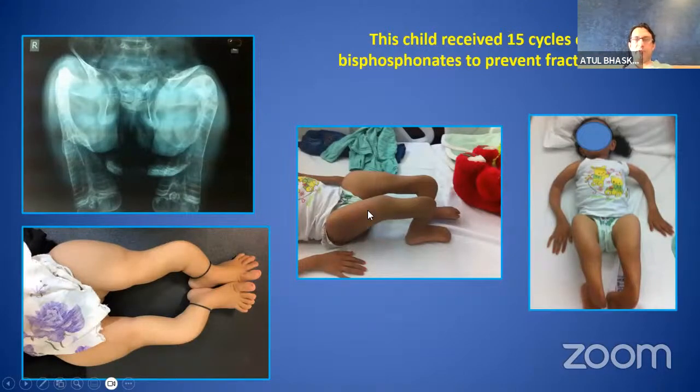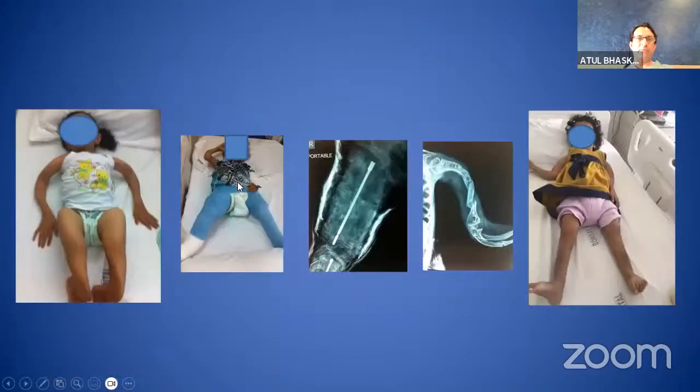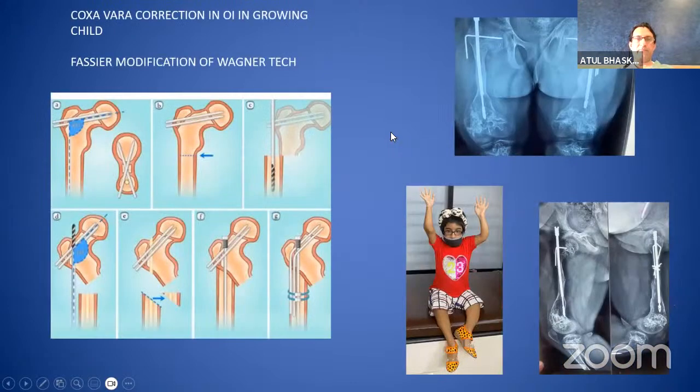These are cases which become extremely challenging, because this child had received 20 cycles of bisphosphonates, and the surgeon never decided to treat these children with rodding. I think that is a pity, because the more cycles you give, the more problems you cause. The bone becomes more brittle, and this bone was so brittle that when you put the rod in, it started to break. You can see here, it just started to crumble. Then we had to just put a cast on the humerus. We put a rod on the femur, and subsequently did both the tibias as well.